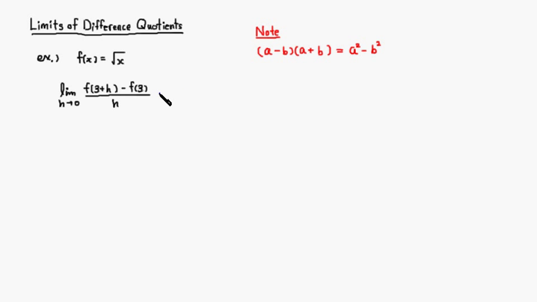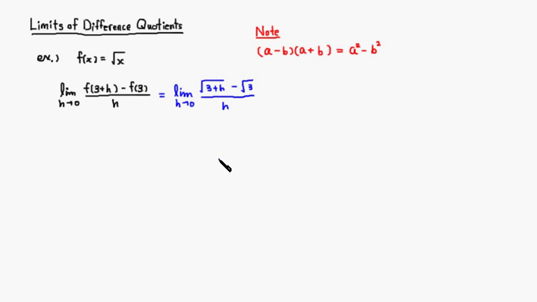So this is going to be equal to, right? First, we have to use function notation. So you have a limit as h approaches 0, right? f of 3 plus h is basically every time you see x, we replace it by quantity 3 plus h. So this is the square root of 3 plus h, right, minus f of 3, which is just plugging in 3, so it's the square root of 3, all over h,